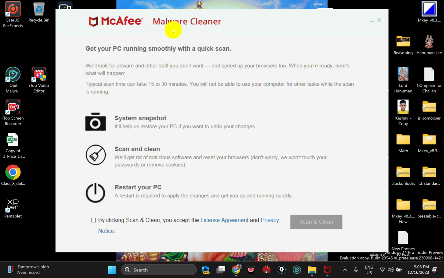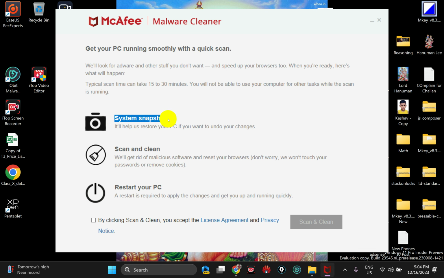After opening the McAfee malware cleaner, you will see a screen like this one. This will remove malware as well as adware from the browser in case it is infected. Before cleaning, McAfee malware cleaner will create a system restore point that is written as system snapshot.